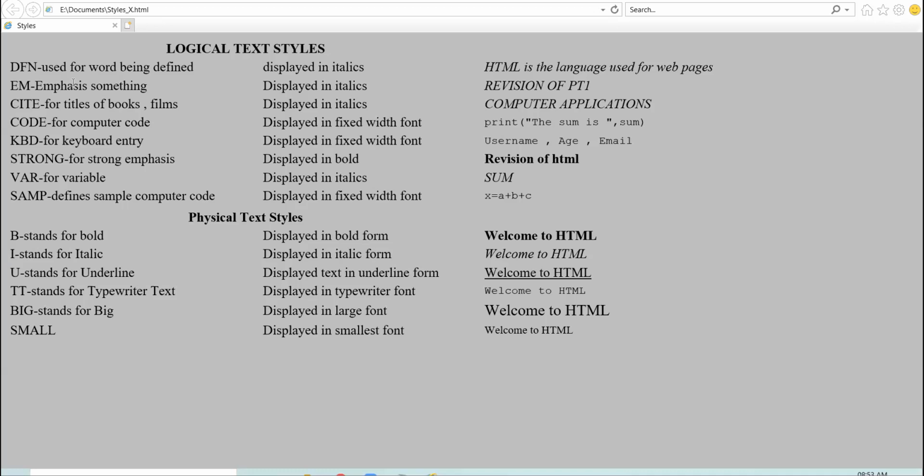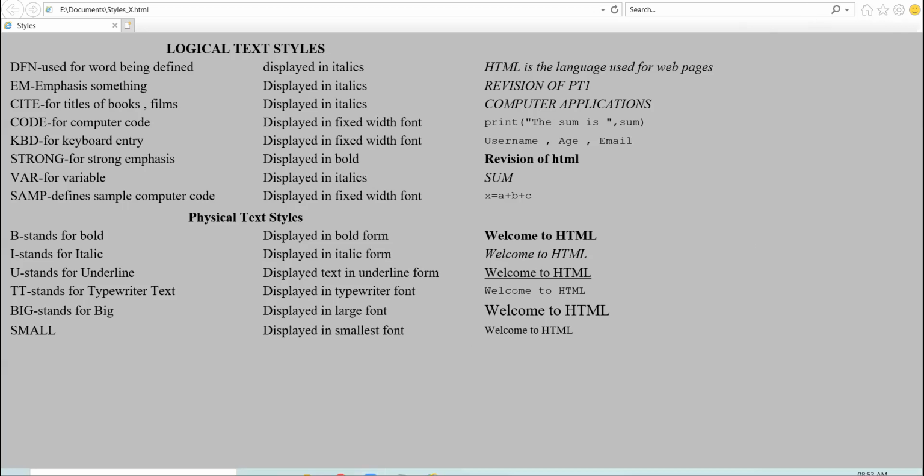You are including some programming statements and you want to write the programming statement as it is. There we use the logical text styles. Got it? Yes, sir. So I hope all the logical text styles and physical text styles are clear to everyone, right? And their use is also clear and topic is thoroughly revised. Okay. All right.